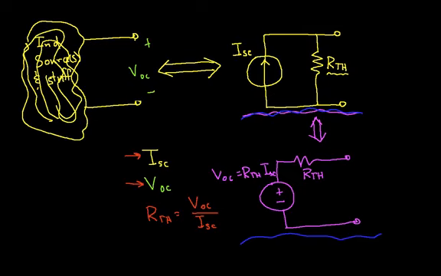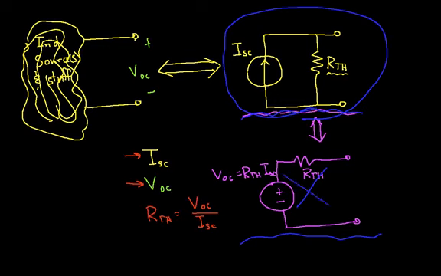Again, the process of finding a Norton equivalent circuit is exactly the same as finding the Thevenin equivalent circuit, except that at the end you draw something that looks like this rather than something that looks like this. So with that, I think we'll end this video, and then there will be at least one example of computing a Norton